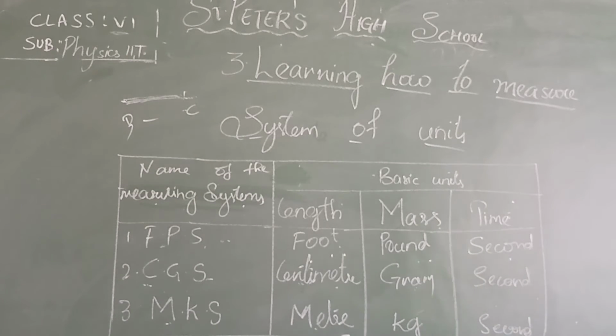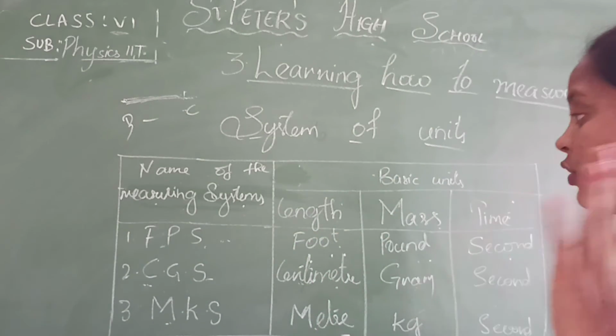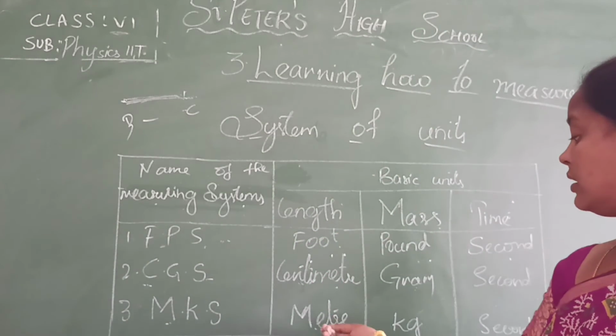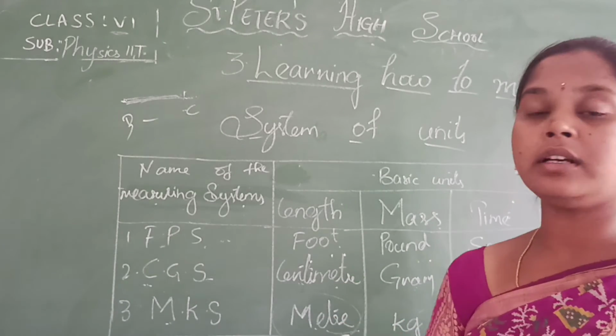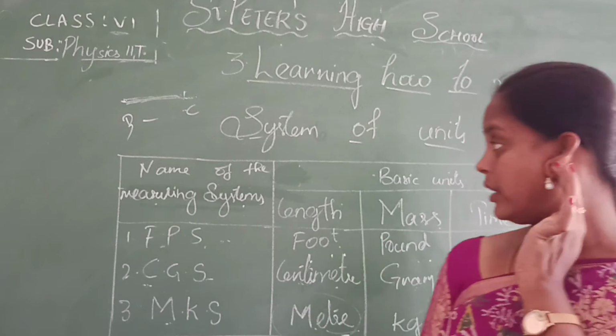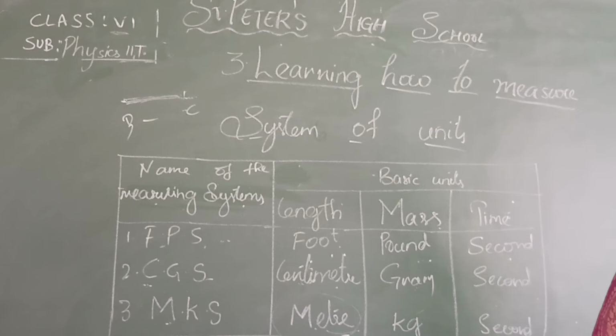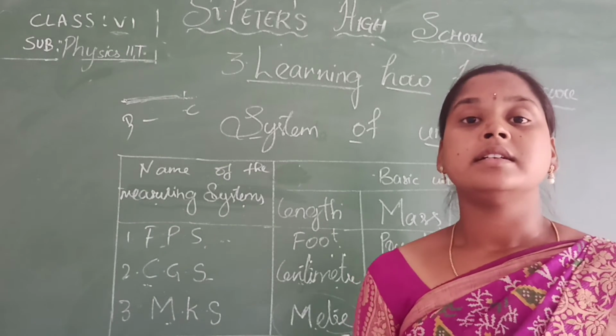And next, how do we measure length? What is the common standard unit of length to measure? Meter, right? Meter is the main unit to measure the length of different substances or objects. Length is measured not only in meters, it is also measured in some multiples of the meter. I have said just now that 1 meter is equal to 100 centimeters.